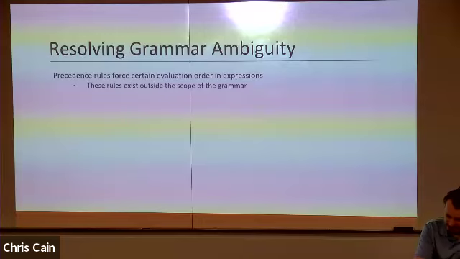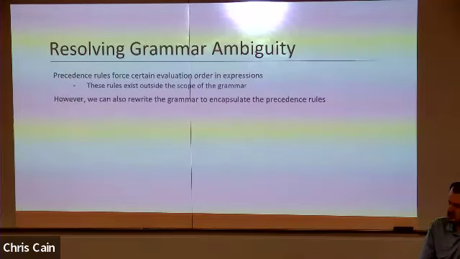So the rules themselves exist outside of the scope of the grammar, but we can also rewrite the grammar to have the precedence rules, which is necessary because you don't want to write additional rules for parsing strings that the grammar generates. So the answer to this question that I've posed you